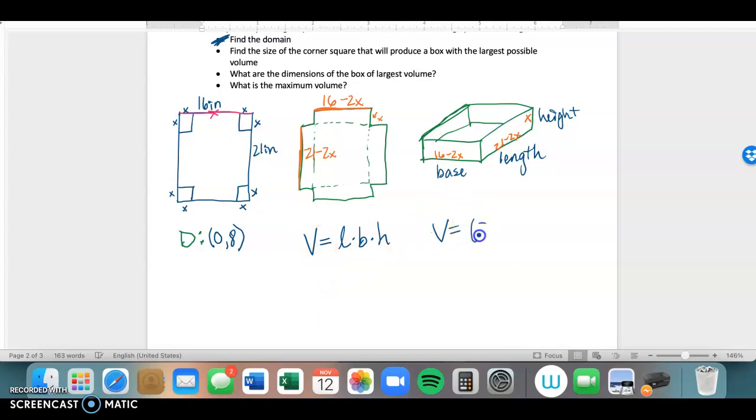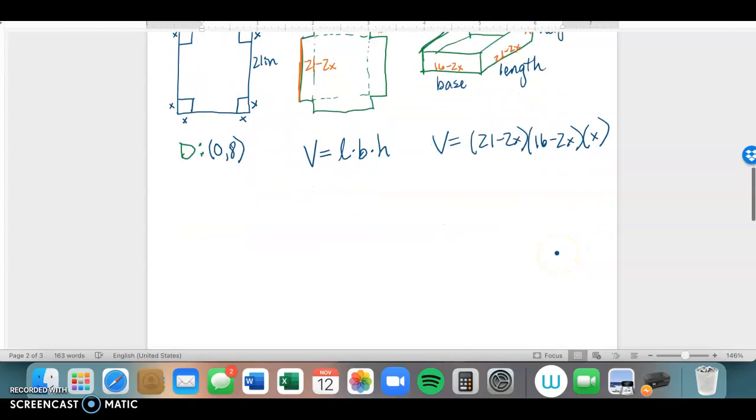Our length, if you want to do it in order there, is 21 minus 2X. The base is 16 minus 2X. And then the height is X. So going through this now, we want to maximize volume, which means taking the derivative. Well, I would highly suggest that we work this out here, distribute it, I should say, before we take the derivative. So I'm going to do volume equals 21 minus 2x times 16 minus 2x, and then